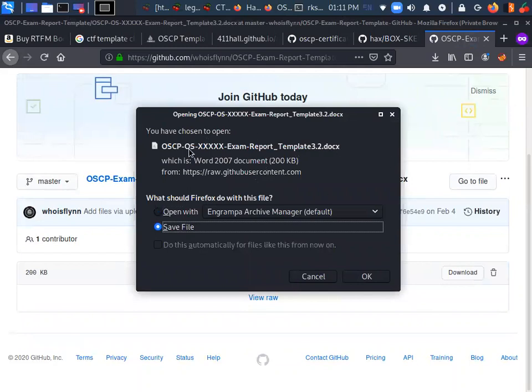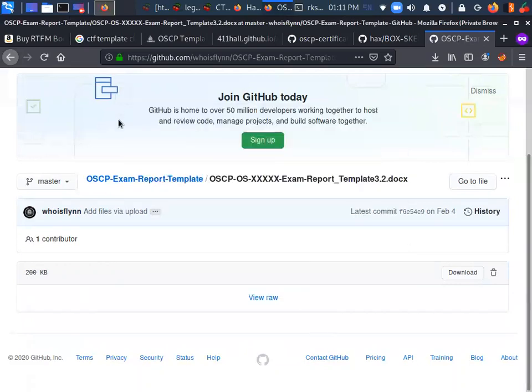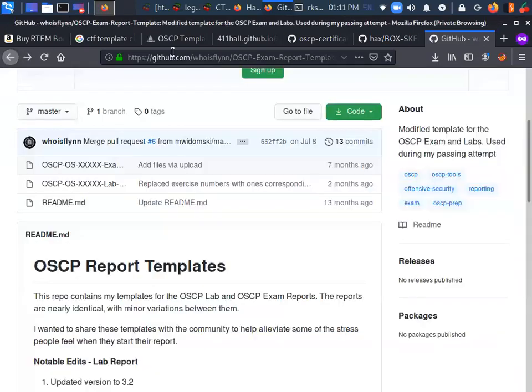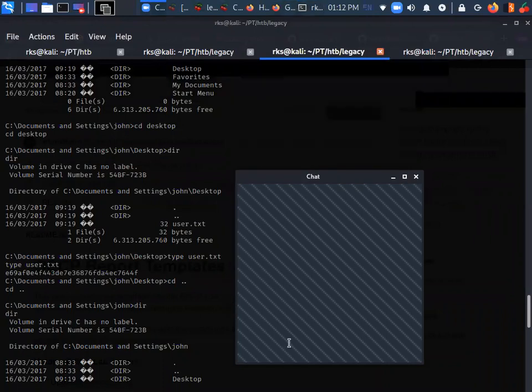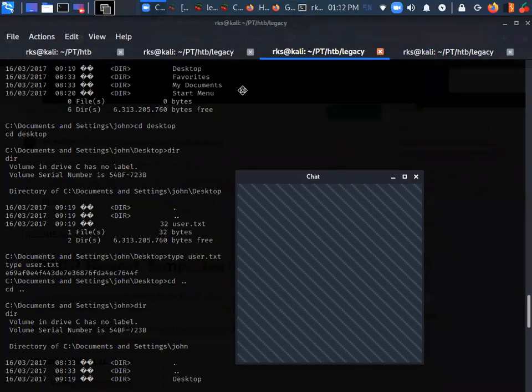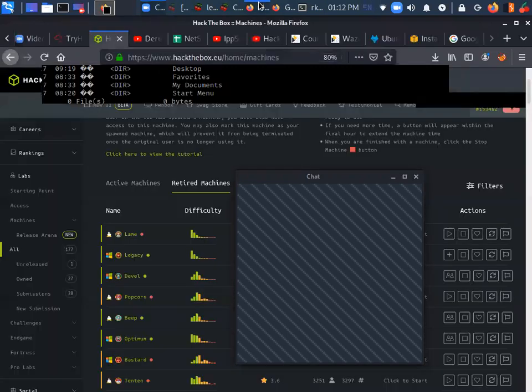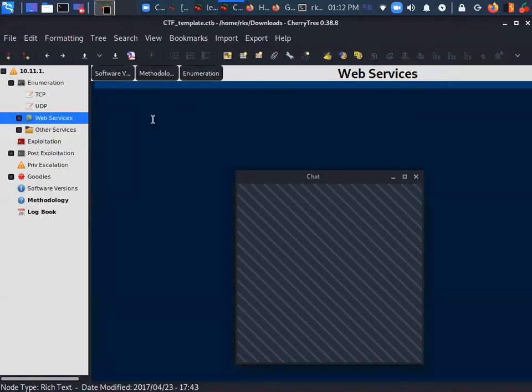This is not going to open in my system, so let's not download it. Anyways, I'll share the link for this as well. This is for how you can write a report. That's a report template. Why am I sharing these?